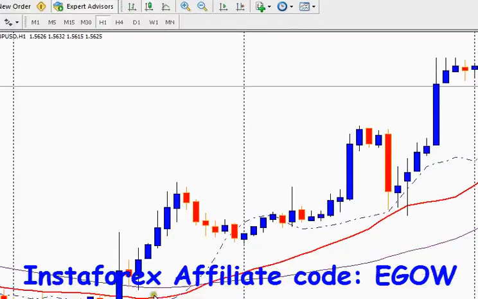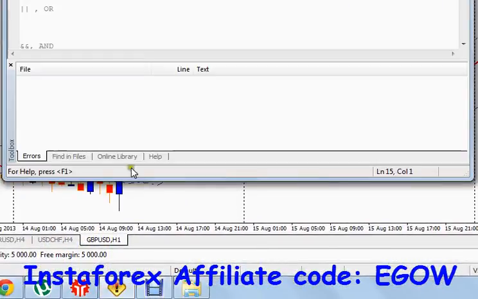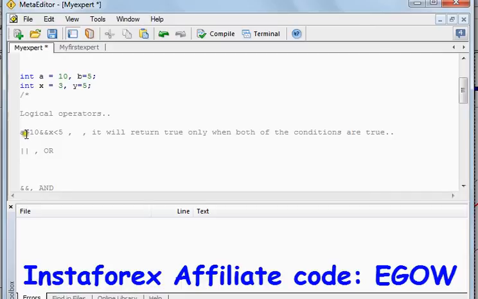Let me tell you when it can be useful. For example, we don't want to place a trade when only one EMA was crossed. We want to place a trade when both of the moving averages were crossed. For example, we want to place an order right here when both of the moving averages were crossed. So we'll write a condition like that: A represents moving average 1 and X represents moving average 2, and the third variable, let's call it C, although we have not created it.